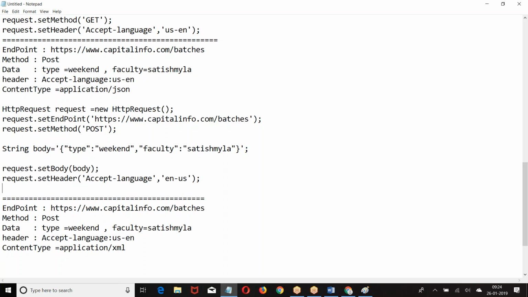This over here is not attribute equal to value. It is in the form of key value in the JSON. Then say request dot set header, content type. Was that clear? Similarly, for the next one I gave XML.